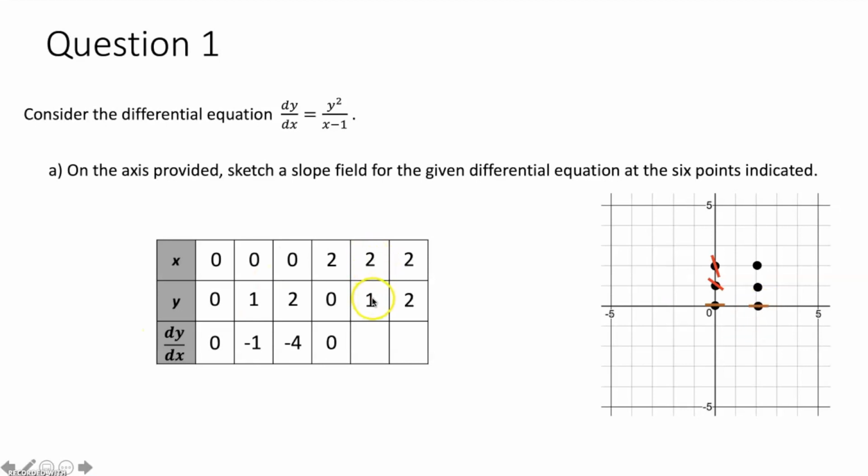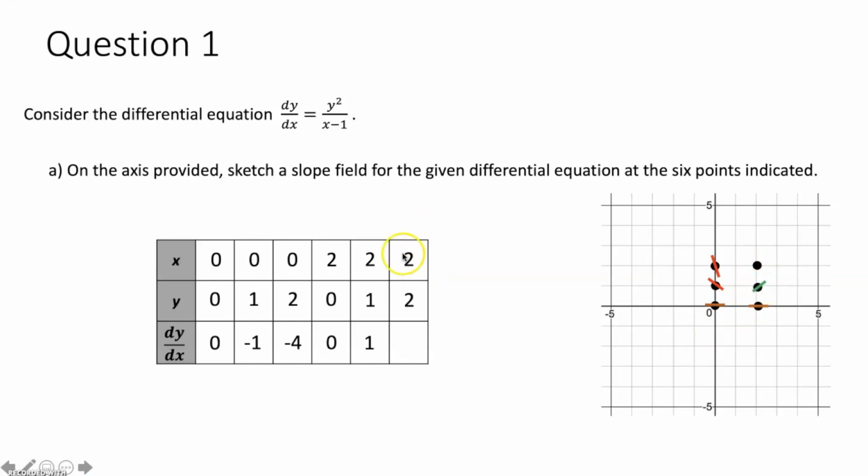Next, let's plug in the point 2, 1. So I'm going to plug in 2 for x, 1 for y, simplify, and I end up getting 1. Meaning at this point, 2, 1, the slope of the line tangent to our solution curve has a slope of 1. So through this point, I'm going to make a little dash, a little line segment that has a slope